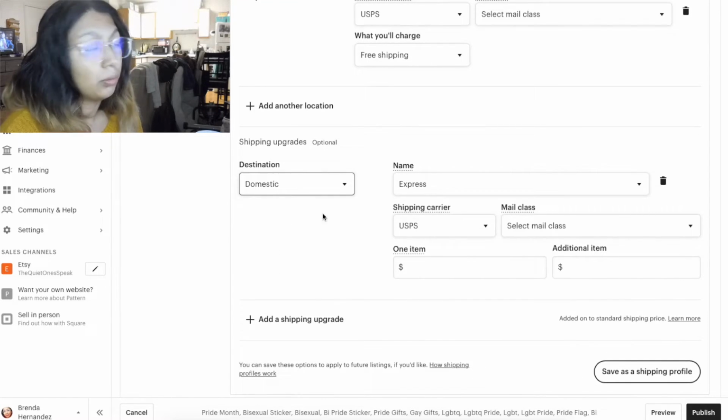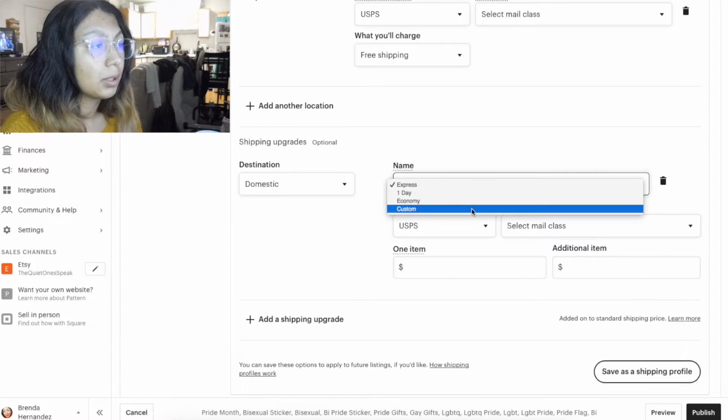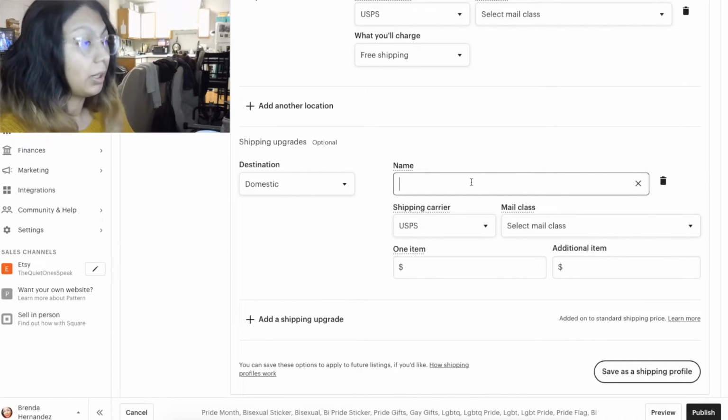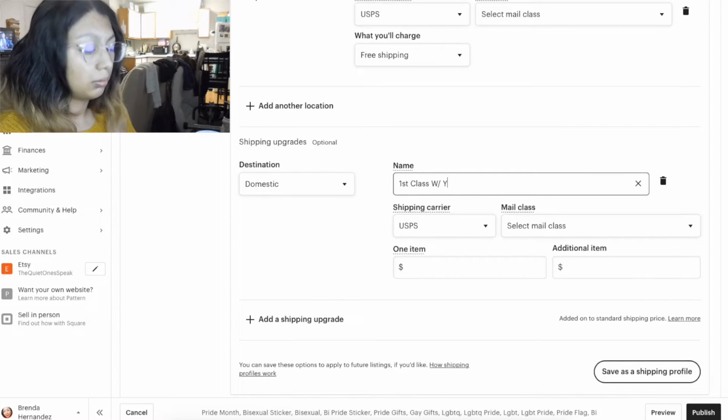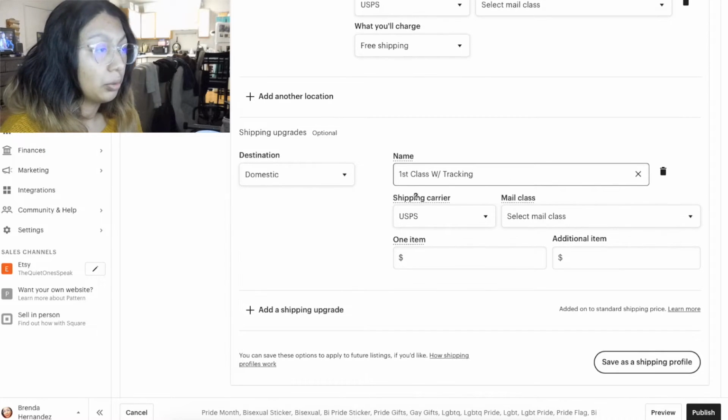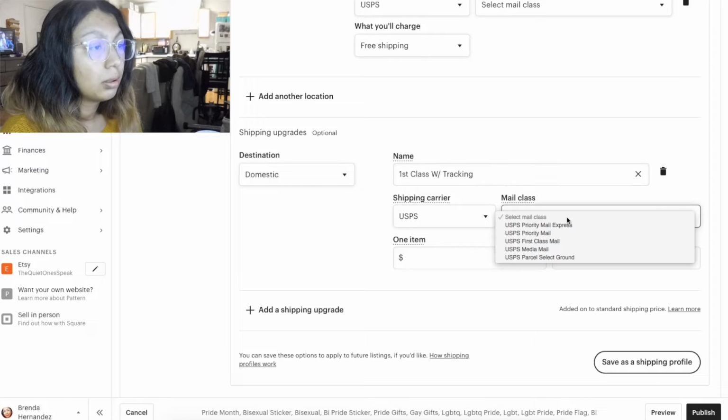Make sure, depending on where you're shipping it, but I only do domestic for this. Custom. Okay, so for name you're going to do custom, and here I just put first class with tracking, and then you're going to put USPS, and then you're going to select USPS first class mail,